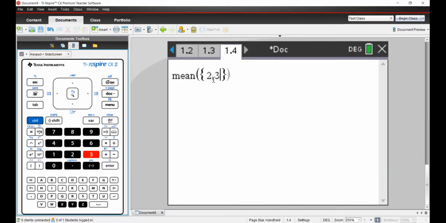Let's say 2, 3, 4, 5, 5, 6, 6, 10, 10, let's say again 10. Hit enter, it gives you a mean. So this is how you can generate a mean also in a new calculator page without storing a table.